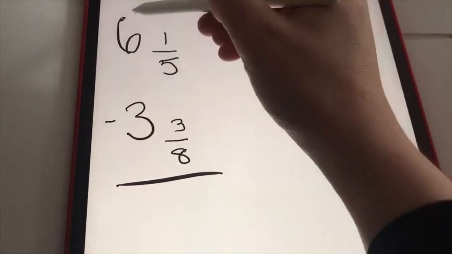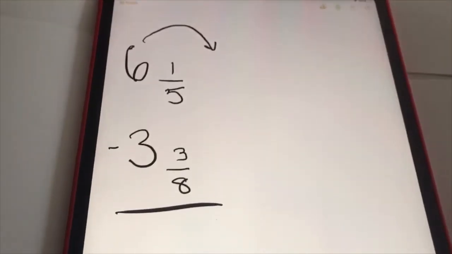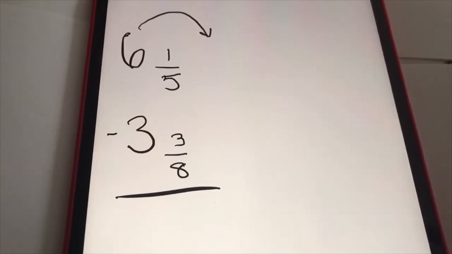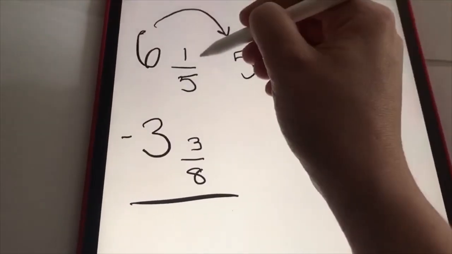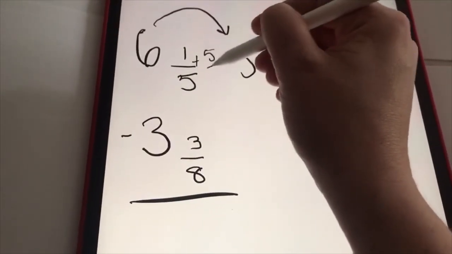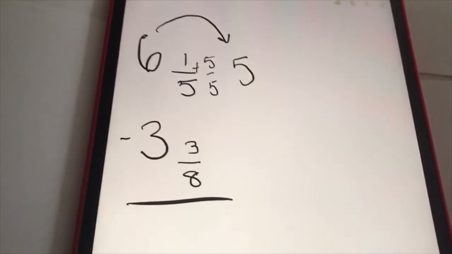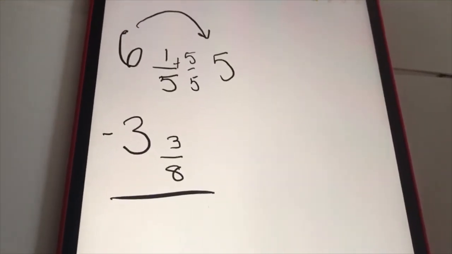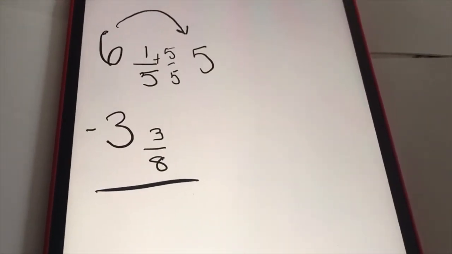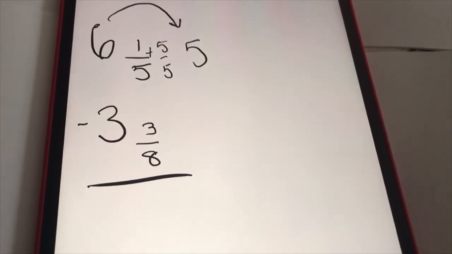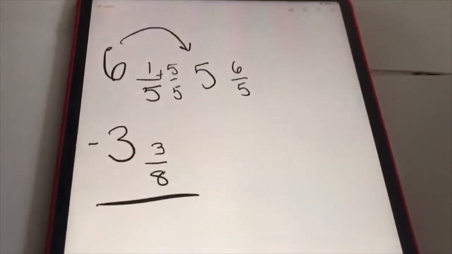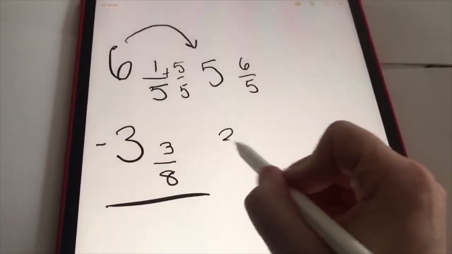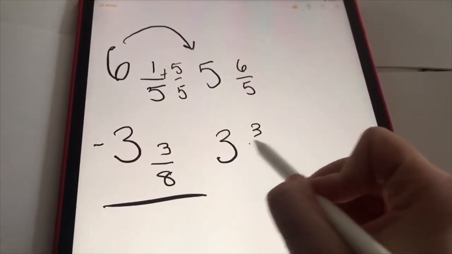So in order to do that, I'm going to borrow out a whole. So my 6 is going to become 5, and I'm going to add 5/5 here to 1/5 because 5/5 is equivalent to that whole that I traded out, okay? So 1/5 plus 5/5 equals 6/5, okay? So then I'm going to bring over 3/8,